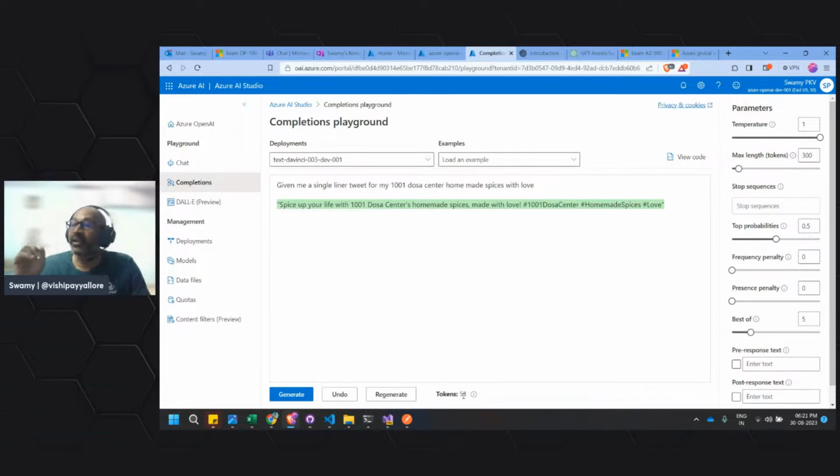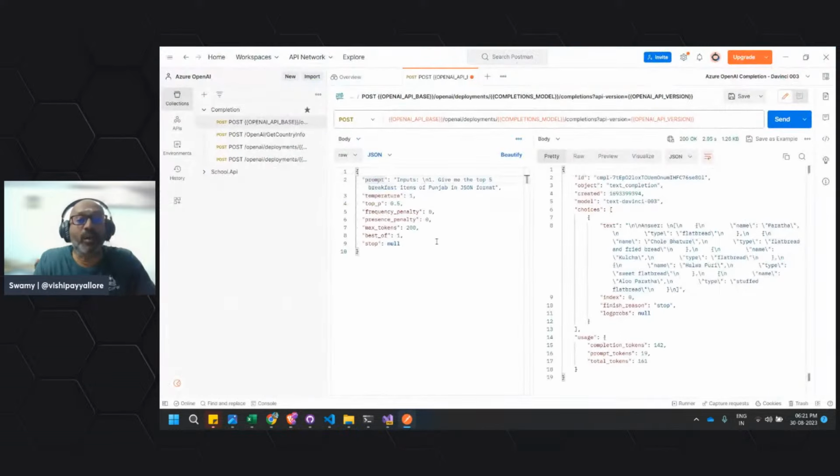That means internally it generates 5 of these, but it is giving the best one to us. Similarly, we can do these kinds of things in the prompts also. Here in the prompts we are saying, give me a single line tweet for my 1001 dosa center, homemade spices with love. And here also I can say generate 5 and shoot me one.